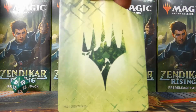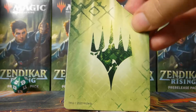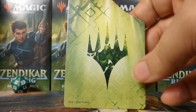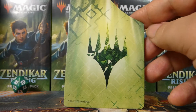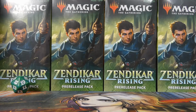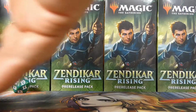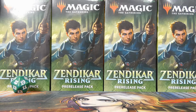There's the divider that you can put to separate like your deck and your sideboard or whatever. This is kind of cool with the little like hedron background, or actually I guess it's like the fading Kozilek distortion. Pretty cool. I like that. And then we have obviously the packs, which we will look at in a moment. Move this box out of the way. But first we have our promo foil rare, which is